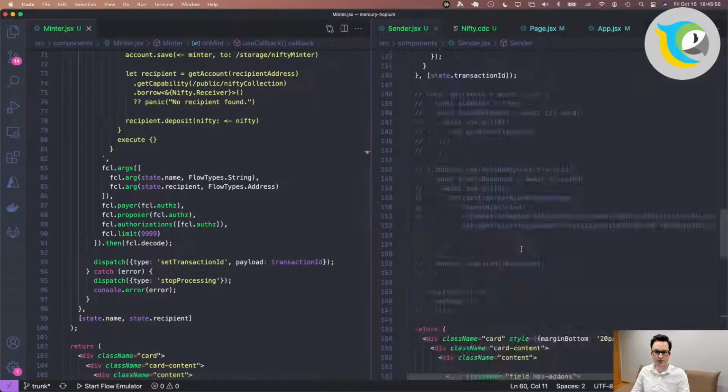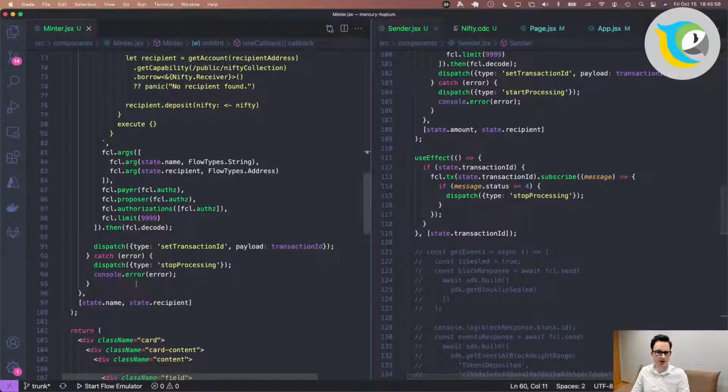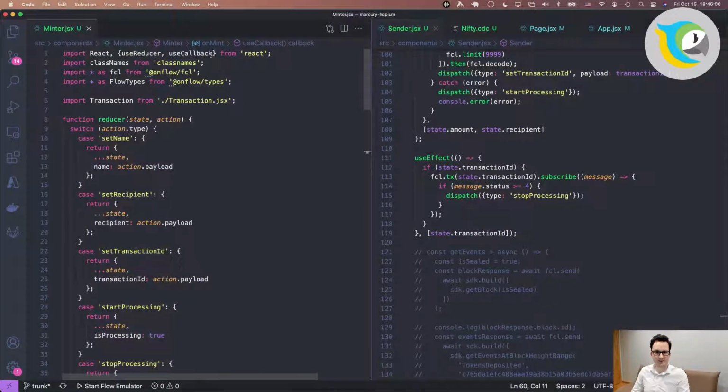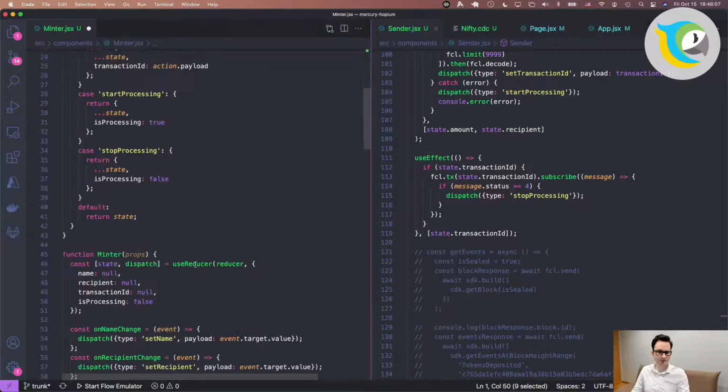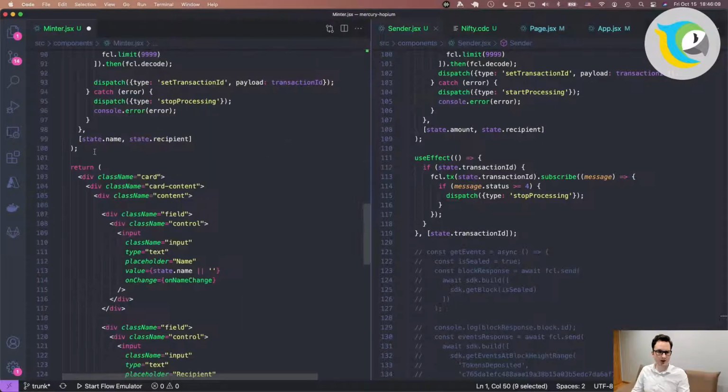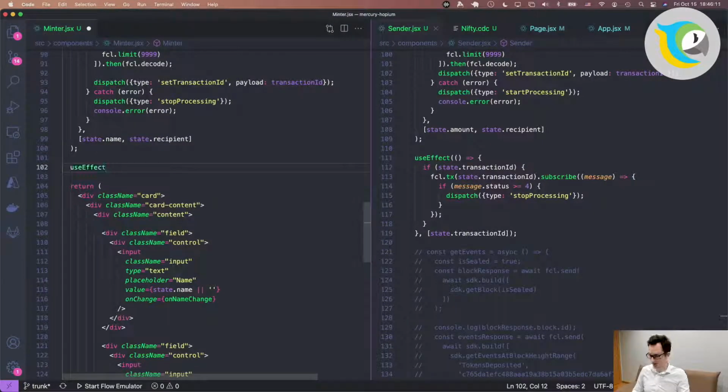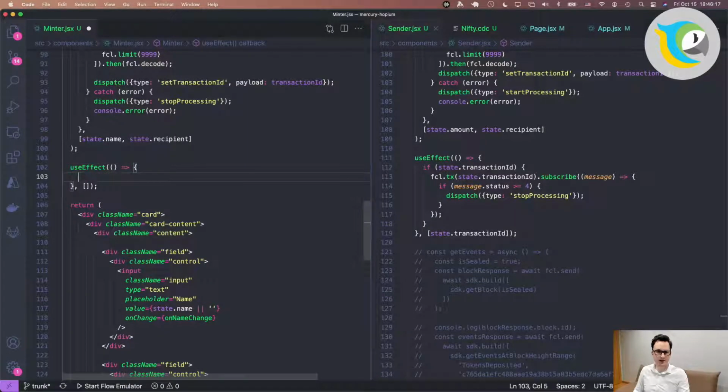Okay, so the final thing that's sort of missing is a listener for when the state changes for a transaction. Okay, so we're gonna use an effect for that. All right, and this will depend on one thing.